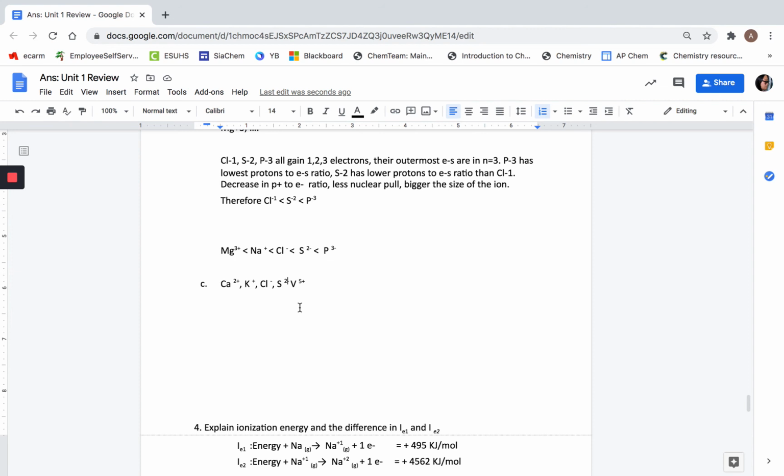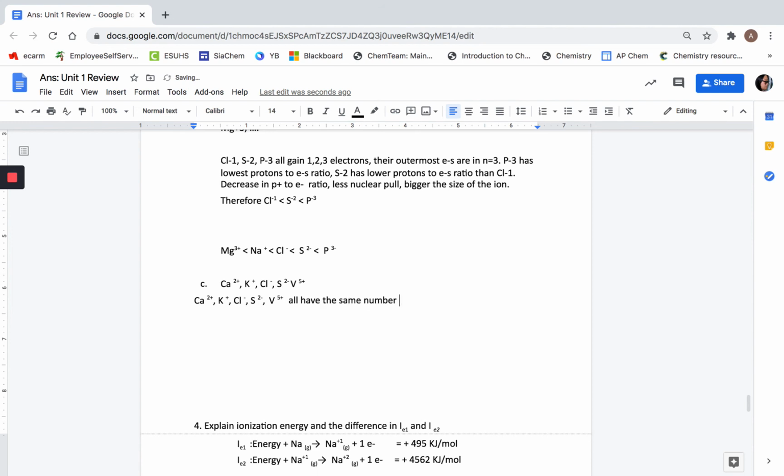They all have the same number of electrons, which is 18,